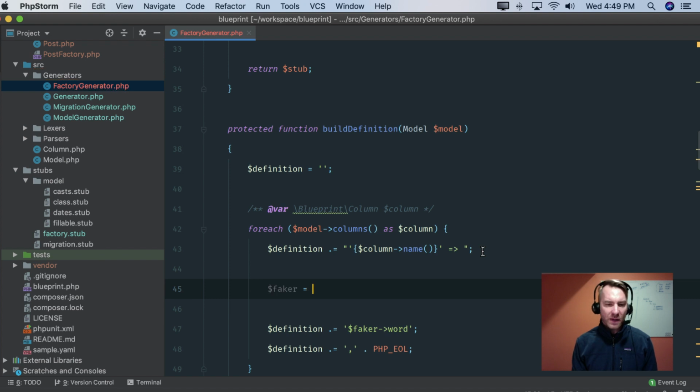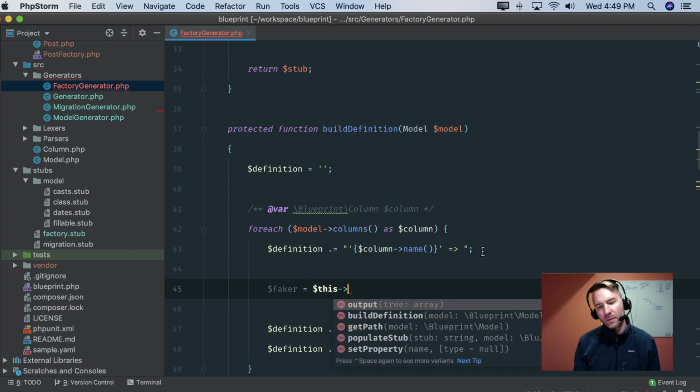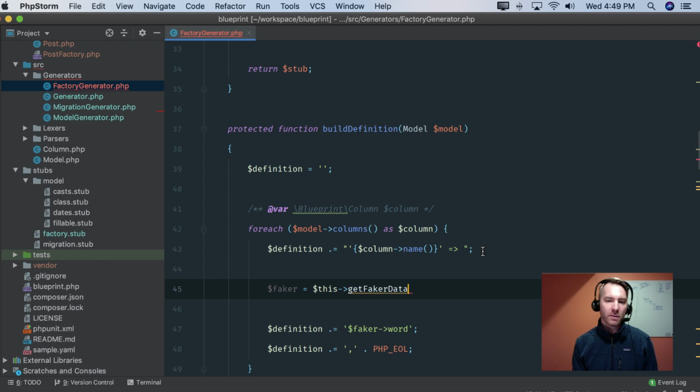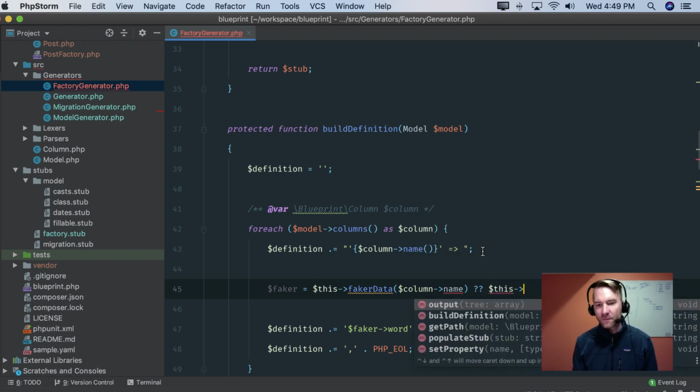Faker, yeah, let's just say Faker for now. So Faker is going to be equal to this get Faker data for column, and this will be the column name. And then if that doesn't return anything, or returns null in this case, then I'm going to fall back to